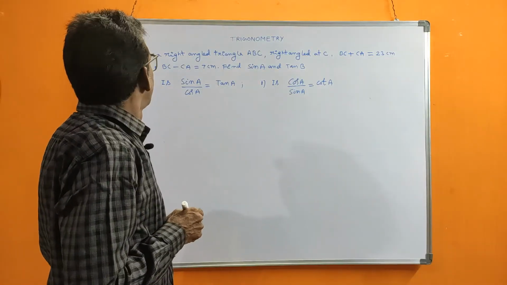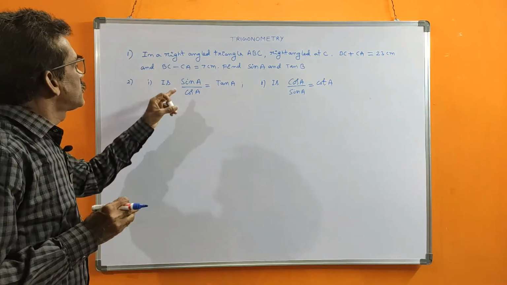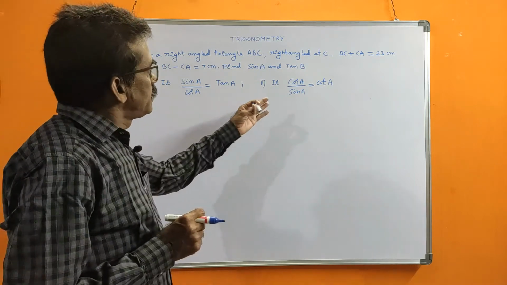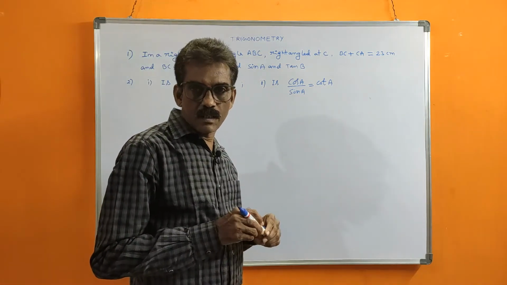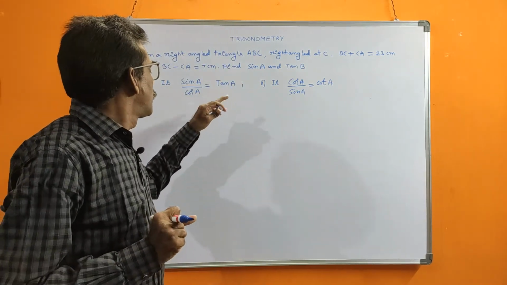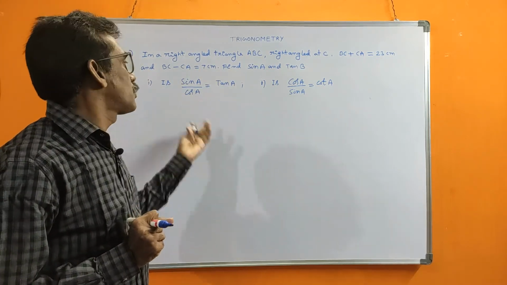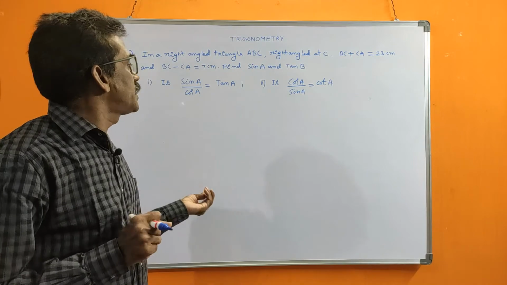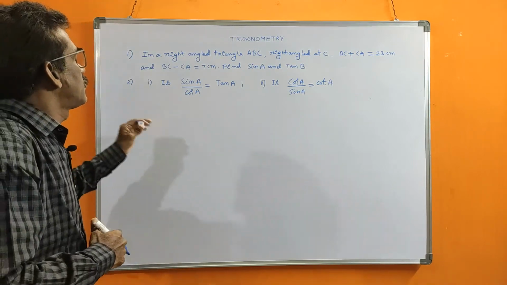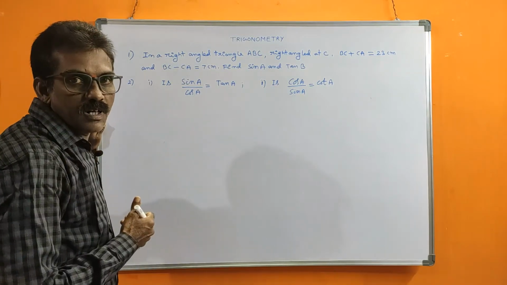Now next problem. See here, is sin A by cos A equal to tan A? The question is asking, is cos A by sin A equal to cot A? That means, is the value of sin A by cos A equal to tan A? Like this, this is what? An identity. Already we proved this sum, like the sum he gave, that's it. Already in the identities chapter I explained this. The same will come. In this, numerical values are not there.